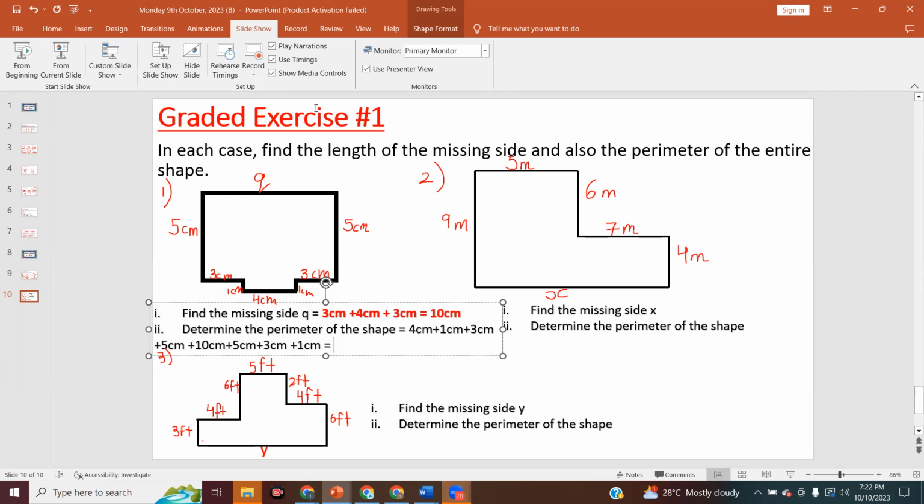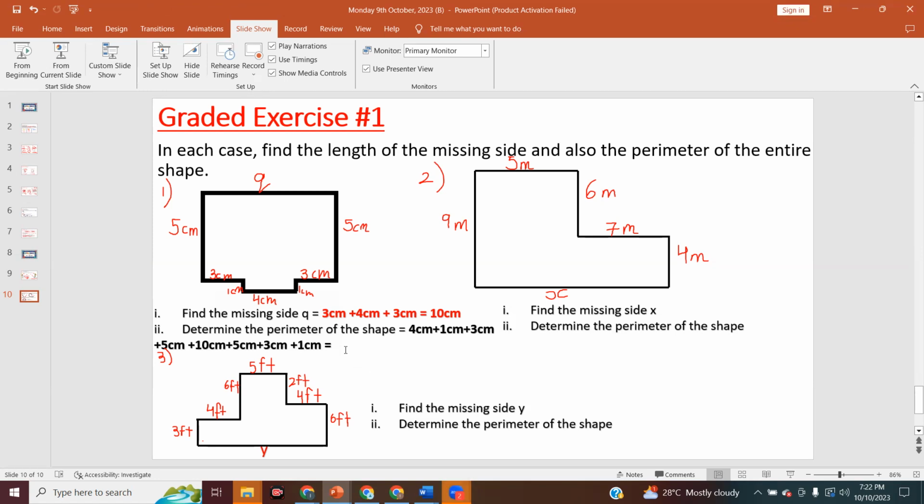What y'all have inside the chat, a lot of you have 32. Most persons say 32. Interesting. I wonder why y'all say 32. Let's add them all together. 4 centimeters plus 1 plus 3 plus 5 plus 10 plus 5 plus 3 plus 1 is going to be